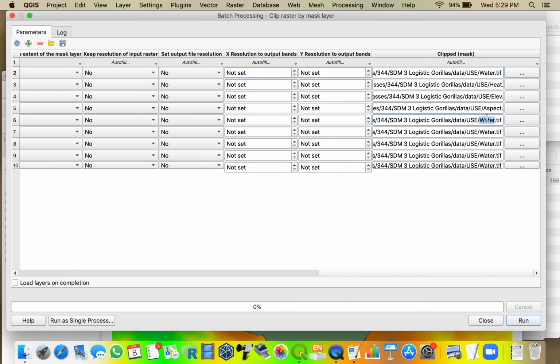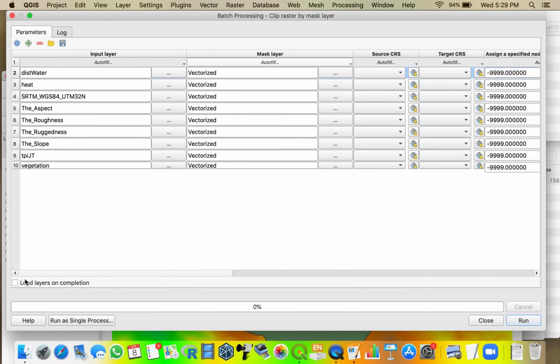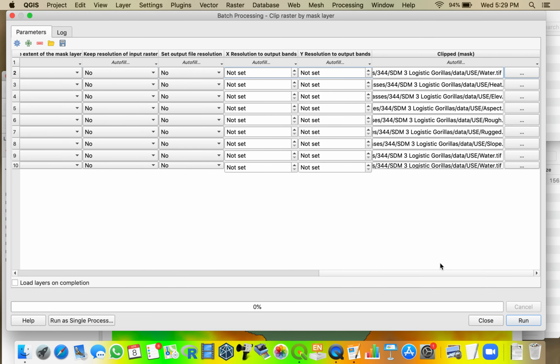So this will be rough, this will be rugged, this will be slope, and then my last two were the topographic index and vegetation. So this I will call TPI, and this I will call vegetation. Okay. So when I hit run now, this will clip all of these data to the right extent and save them in the right place. So if I click on run,